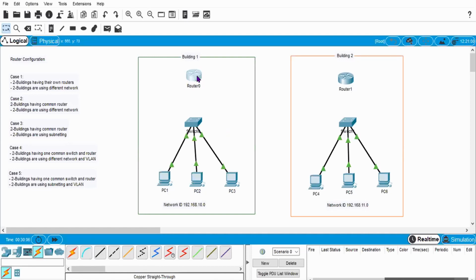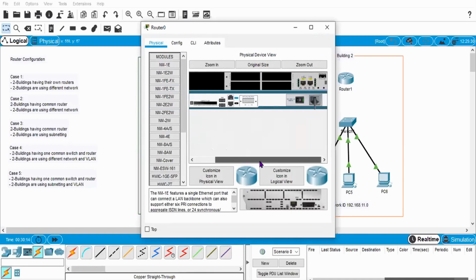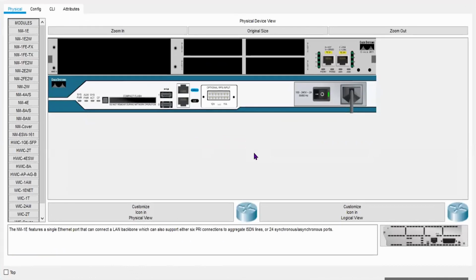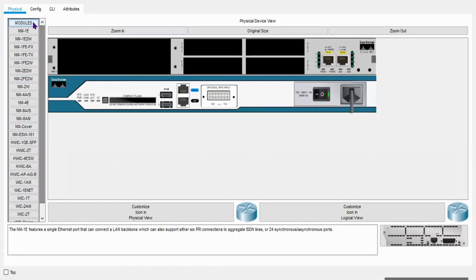Depending upon your requirement, if you go to this router's physical overview and zoom in, you can check that there are two default fast Ethernet ports. These blank places are for modules which are compatible with this router.